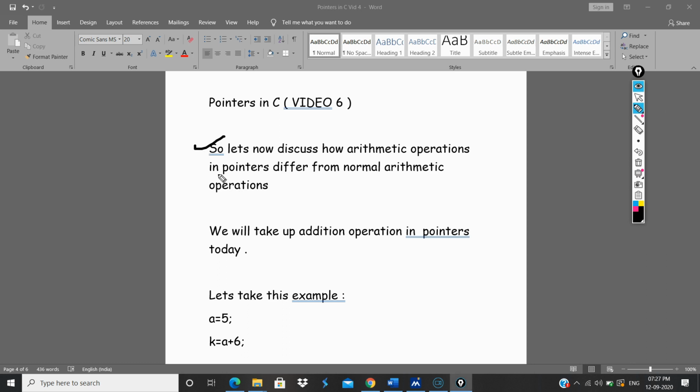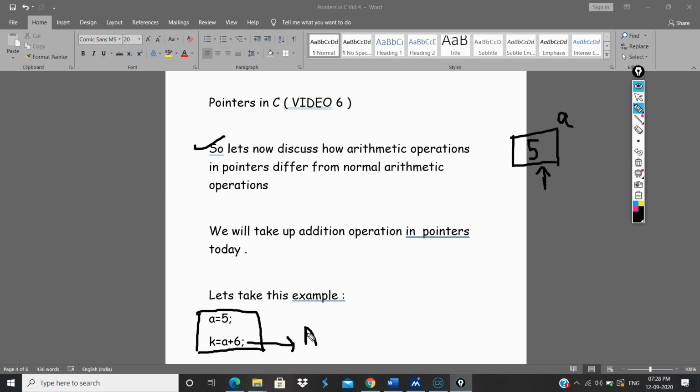Here you can see we'll be starting with this. First let's take up this particular example. Here is a very simple statement, a = 5. I have told you this is an assignment statement. What basically happens behind the scenes is a box gets created, and 5 is stored within that box, which is accessed with the variable name a. Since this block exists in memory, it will have an address associated with it.